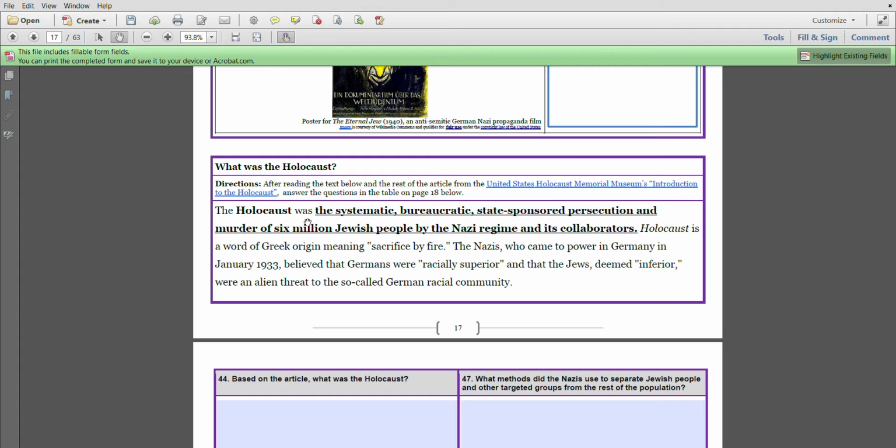The Holocaust was a systematic, bureaucratic, state-sponsored persecution and murder of 6 million Jewish people by the Nazi regime and its collaborators. Holocaust is a word of Greek origin meaning sacrifice by fire. The Nazis who came to power in Germany in January of 1933 believed that Germans were racially superior and that Jews, deemed inferior, were an alien threat to the so-called German racial community. So after hearing this and reading the article,